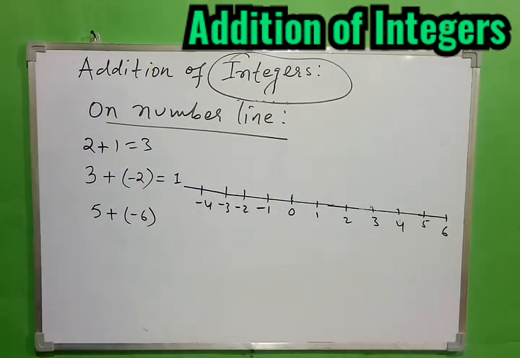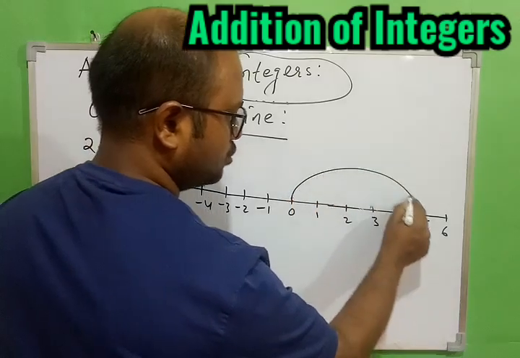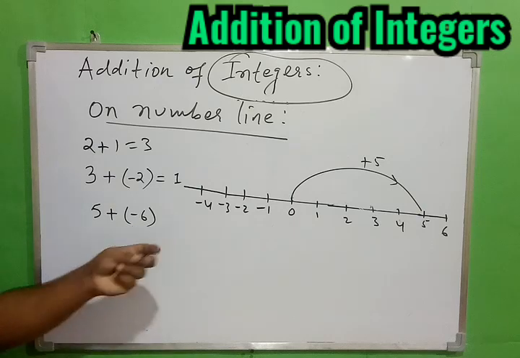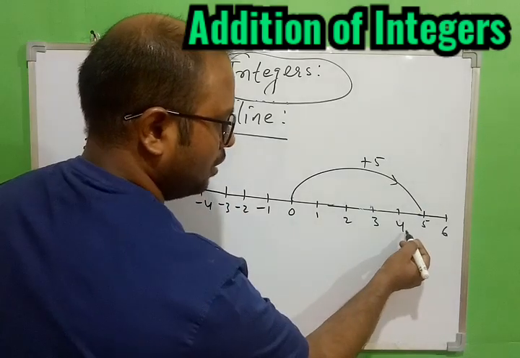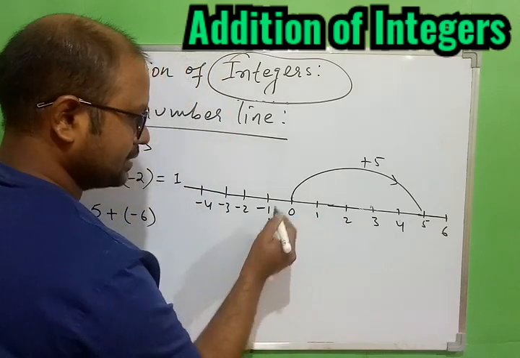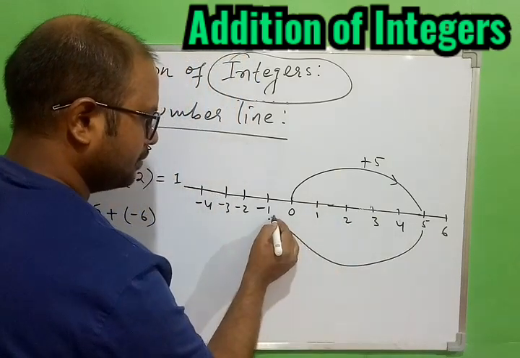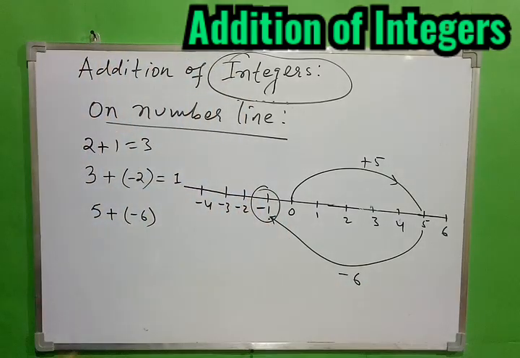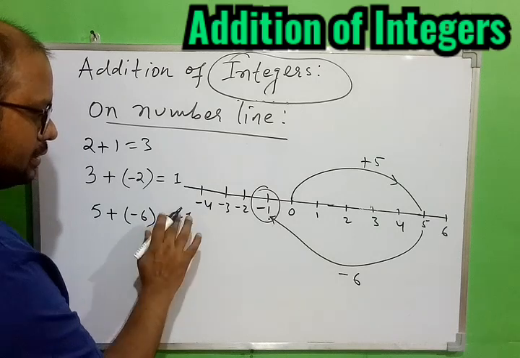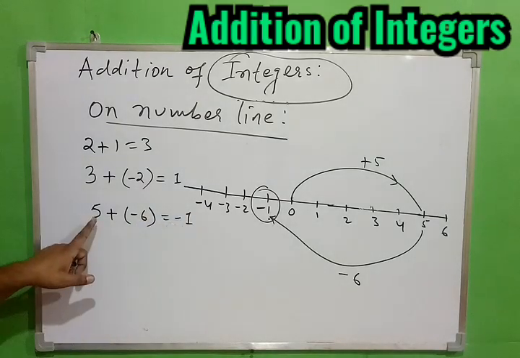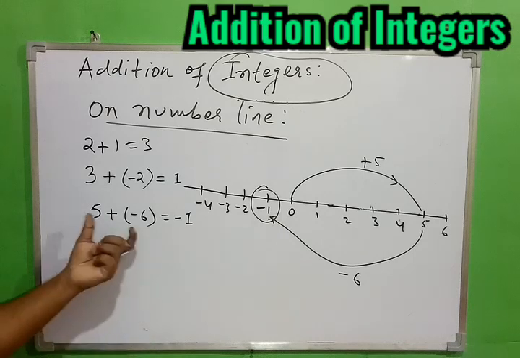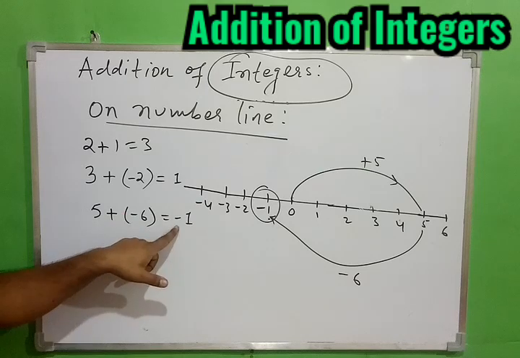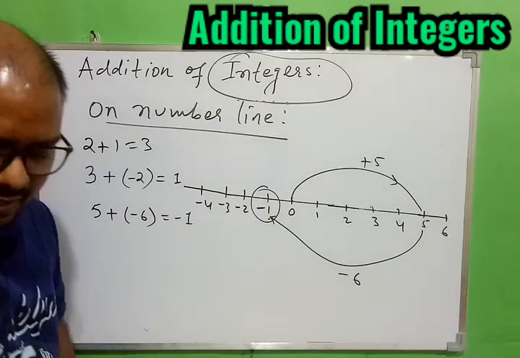So first we have plus 5, so let's go for plus 5. So from here to plus 5, so this is my plus 5. Now minus 6, that is we have to come back. How much? 6. 1, 2, 3, 4, 5, 6. So finally where are we coming? Finally we are coming at minus 1. So the answer is how much? Minus 1. And we understood also, if we have a positive and negative integer, they are to be subtracted. So the subtraction is 1. Now 6 is greater, in front of 6 we have a minus sign, so the answer is also minus. So I hope you understood this one.